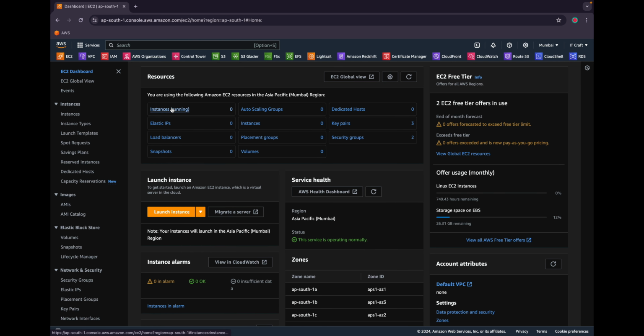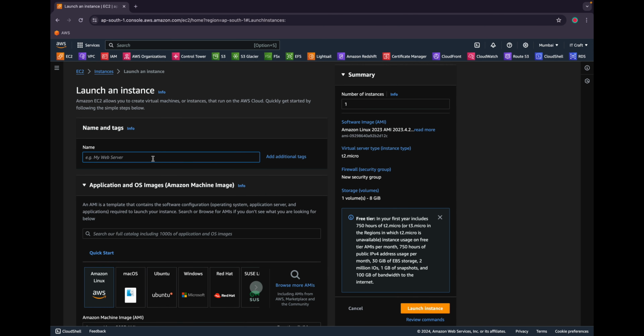We don't have any instances as of now, so it says 0, and everything is 0 except security groups, we have 2, and key pairs. I think I already have the key pairs here, but I'm going to go ahead and create a new one. So I download the key pair, and then I need to do the SSH, and it's all there. So yeah, that's how it is. So let's go ahead and click on launch instance,